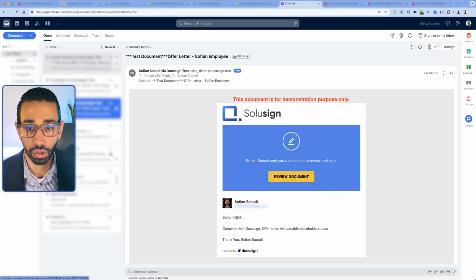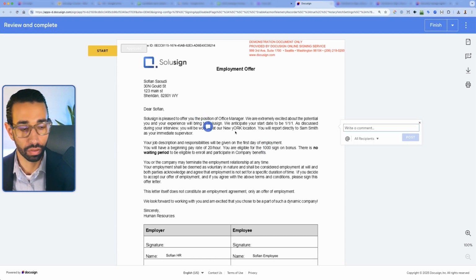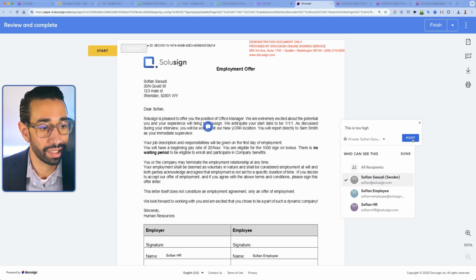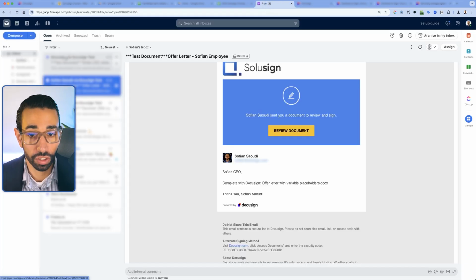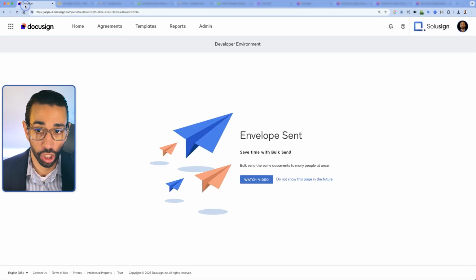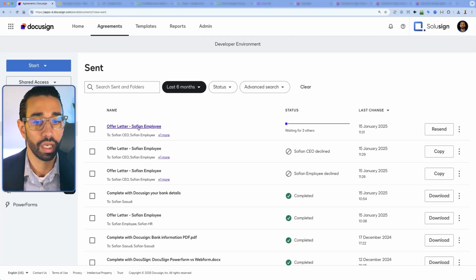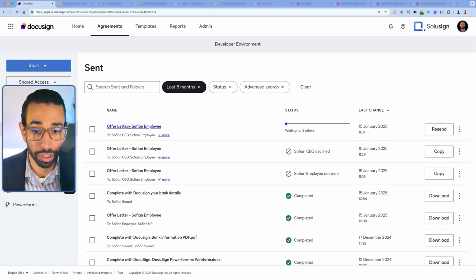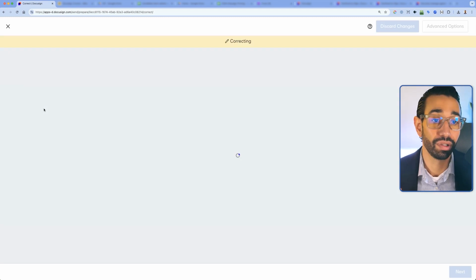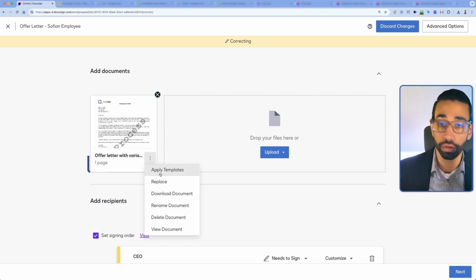And then when the CEO gets the document, they can leave a comment and say, this is too high. And that can be to only the sender of the document, so that it's completely private. That will send a notification to the person who sent the document. And then what the HR coordinator could do in this case, reply to the comment and find an agreement, and then go back to the document that was sent and then correct the document. And by correcting the document, then you can replace the document that was in the envelope with the right information